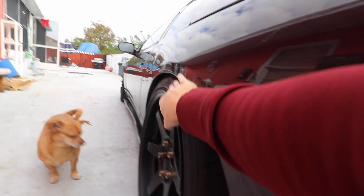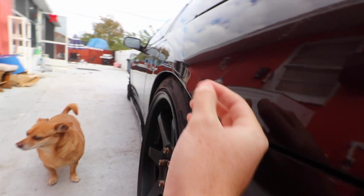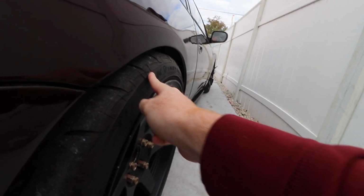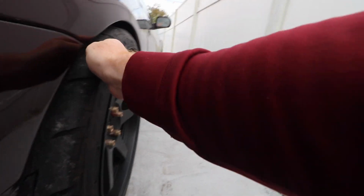Alright, so currently it's the next day, because this guy had final exams, but the exams are done. I'm gonna show you guys the car. I didn't really vlog myself putting the spacers on because it's kind of boring. I showed you the first part, I think, but just know that the fitment on this side looks absolutely perfect. This is exactly what I wanted. I'm probably gonna lower the car a little bit more since there's really good clearance, but check this out. It's pretty much bothering me. Look at this. You guys remember how that side was, right? Look at this side. The wheel's a little more pushed out, and